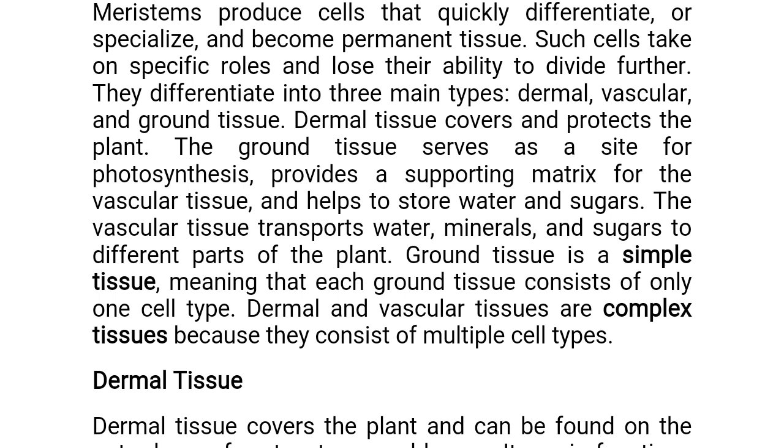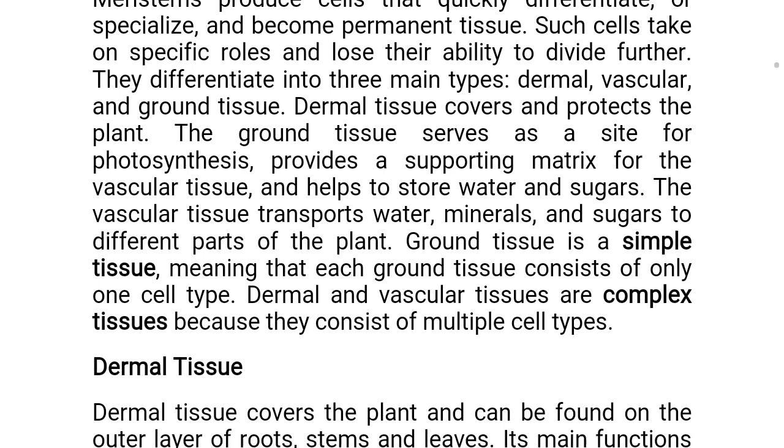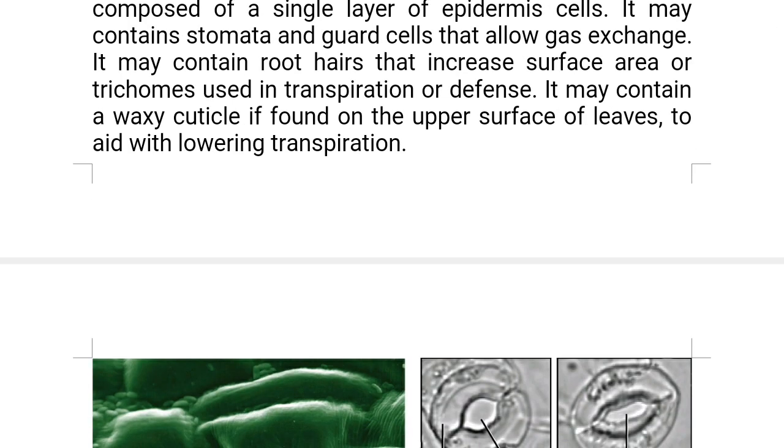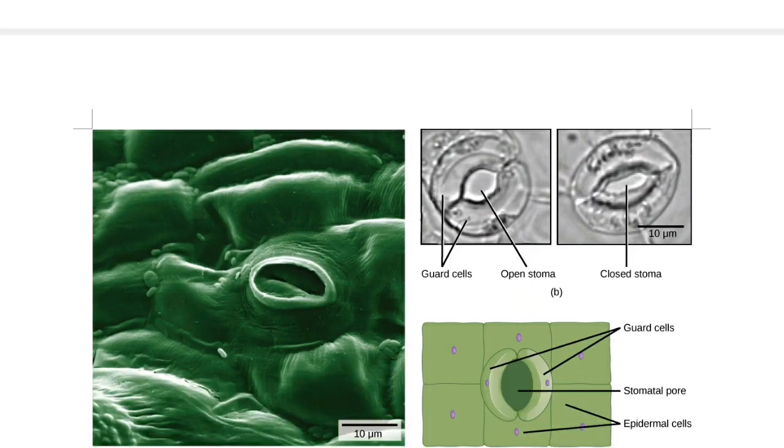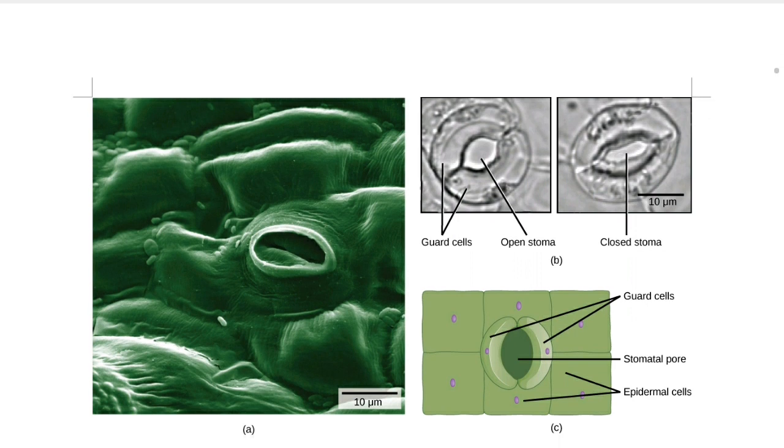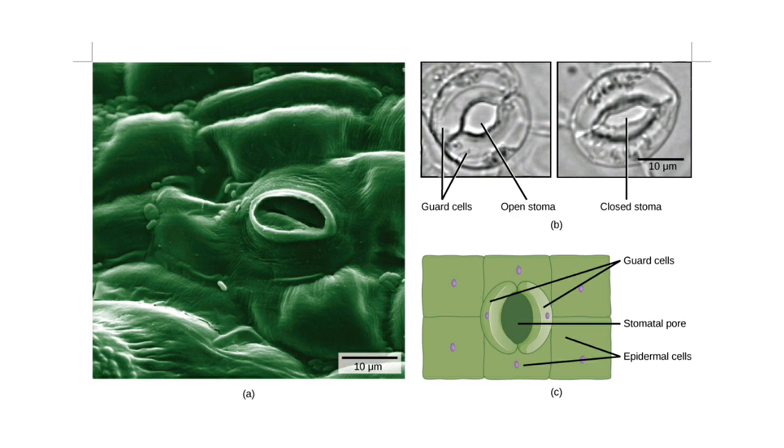So the ground tissue is a simple tissue, meaning it contains only one cell type. So this is the diagram of the epidermis, and you can see the stomata inside the epidermis in form of an oval shape